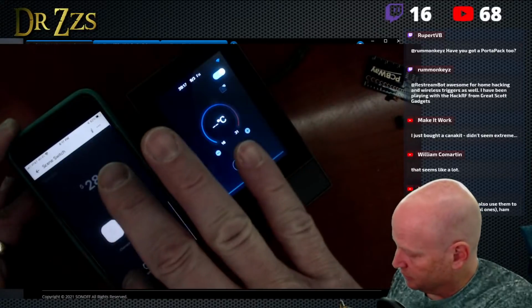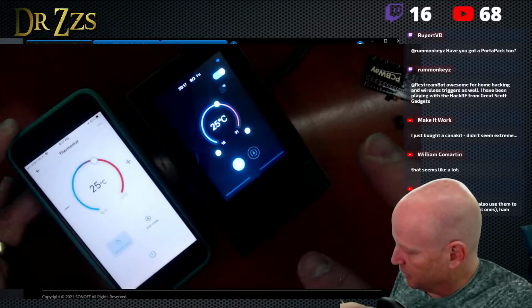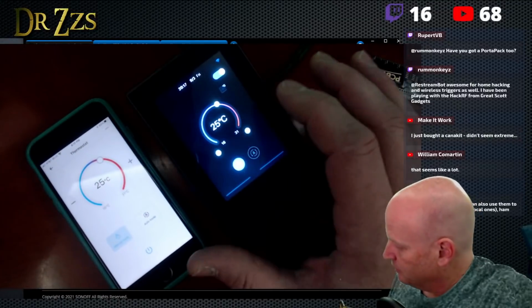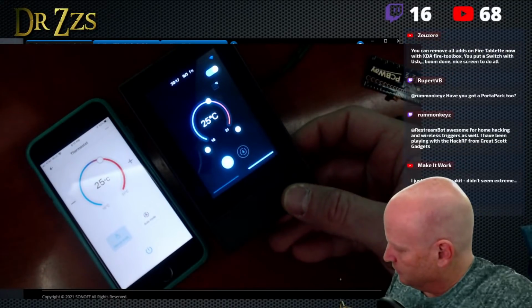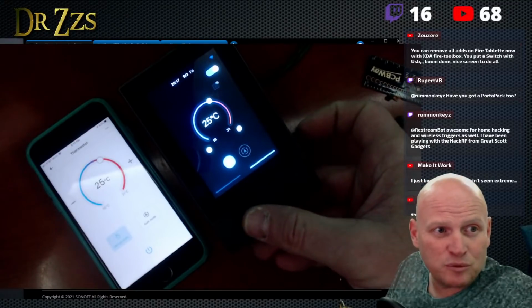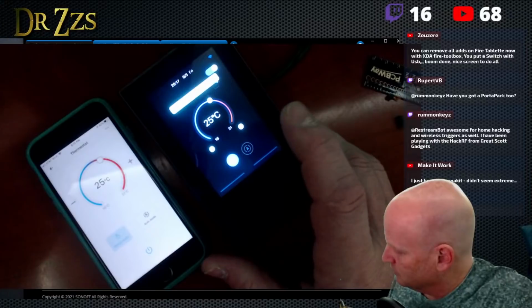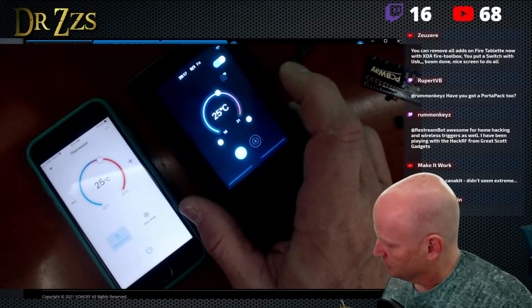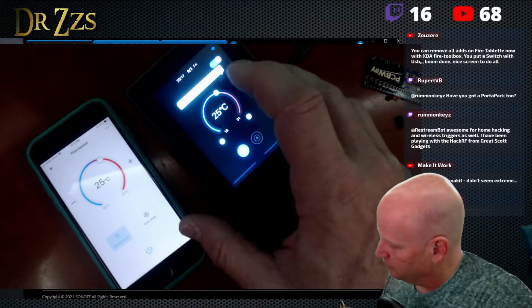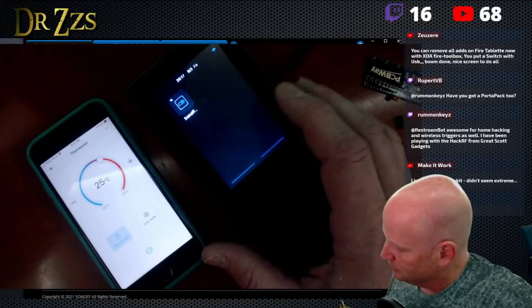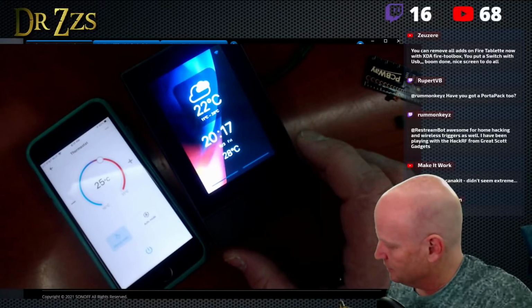Let's go back in here and set it to manual mode because that's prettier. All right. And I can still see down there at the bottom which ones are on and which ones are off. That's not connected. Oh, this is manual versus auto right here. But it won't let me switch back and forth because it doesn't have anything connected to it.